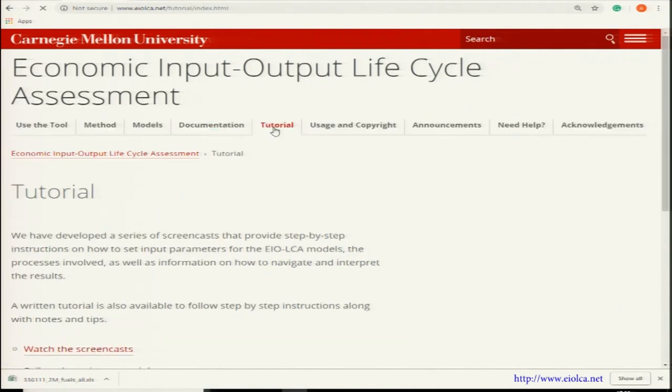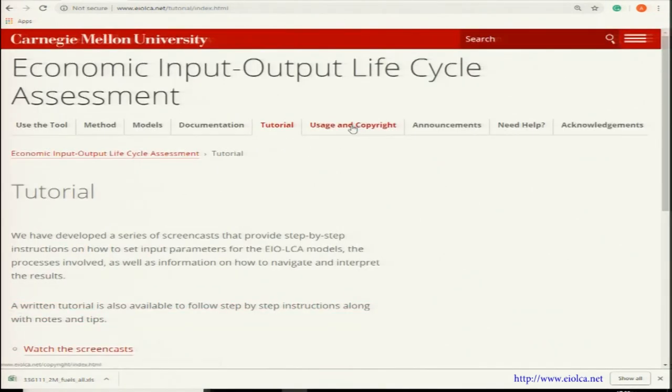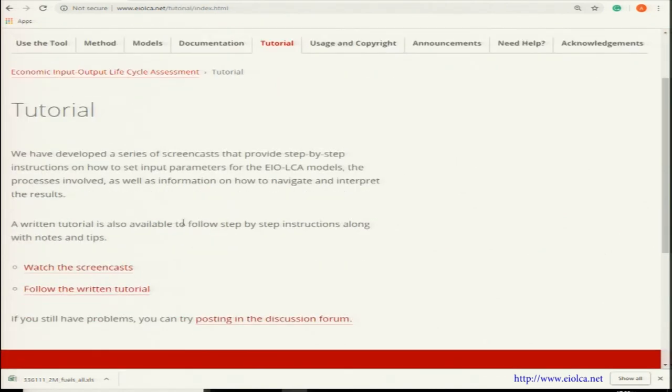So, how does that work? This website has a lot of information in it, like we have the tutorial here. I have also tried to replicate this tutorial that is presented here. This tutorial section is here. So we have videos and written tutorial, we have the copyright information, the models and methods, different documentations. So a lot of information is there, and we can access this tool. I would suggest you pick some sector of your interest and try to see what is the total impact or environmental effect of the product that you would like to manufacture or work on in future for life cycle assessment.